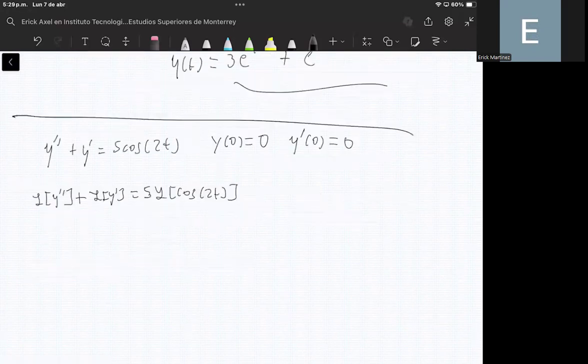This is the definition. Now we can apply the Laplace transform to each term. Here we have a second order differential equation, so we know that its Laplace transform is s squared times Y of s minus s times